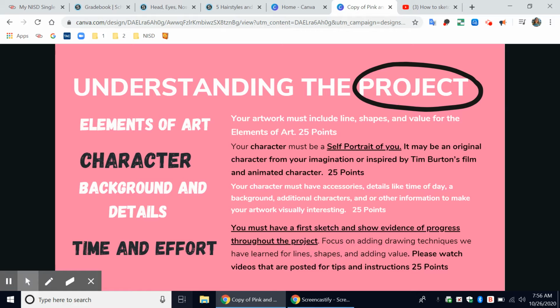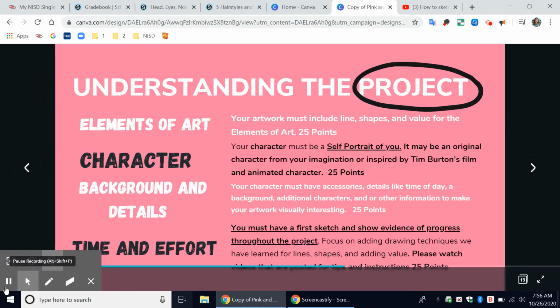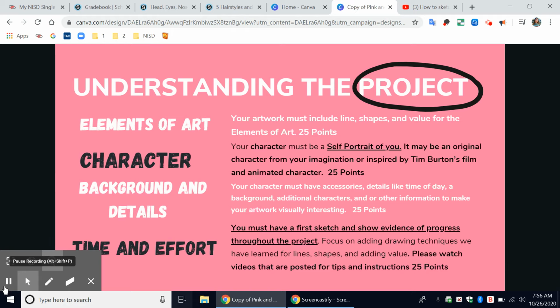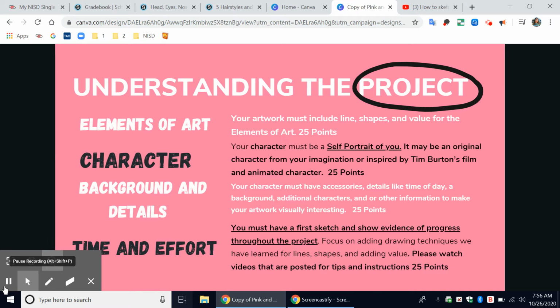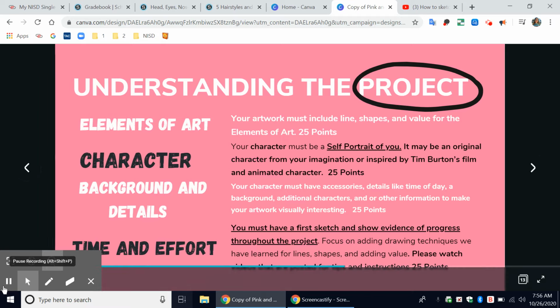So your first thing that your final artwork should have is your artwork should include lines, shapes, and value for the elements of art. The second thing it should have, your character must be a self-portrait of you. It may be an original character from your imagination or inspired by Tim Burton's film and animated characters. It should also have background and details. Your character must have accessories,